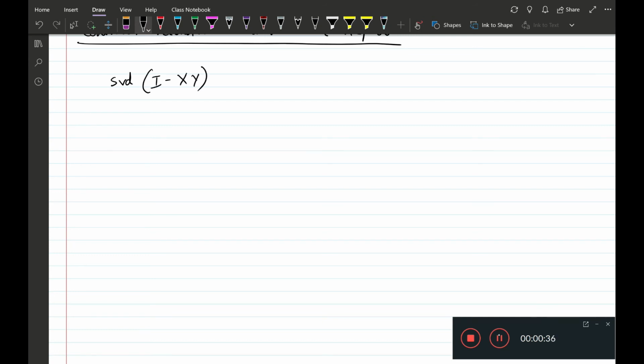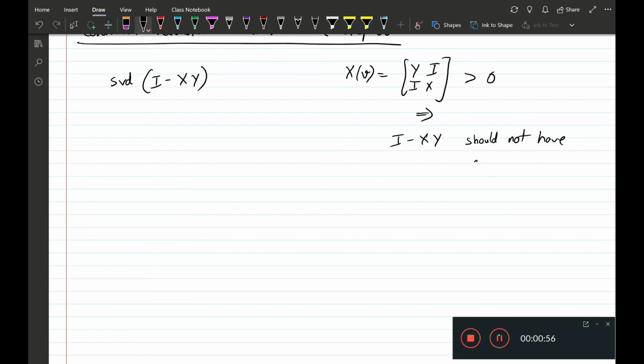Now note that our X of V was YI IX, and we had this as one condition. So this would imply that I minus XY should not have any eigenvalues or singular values